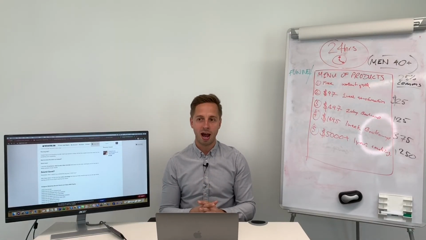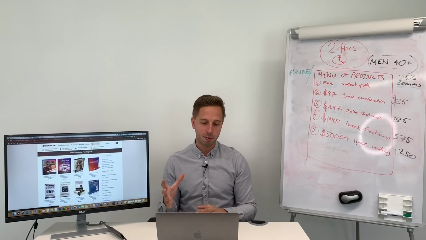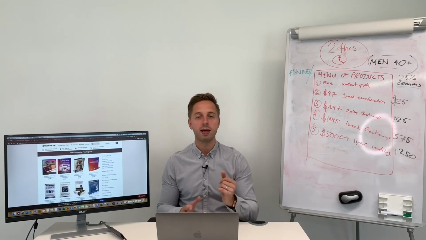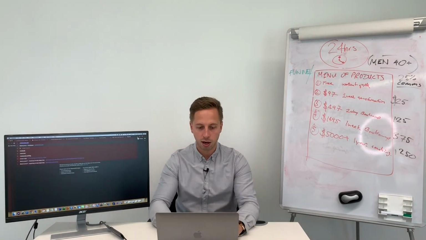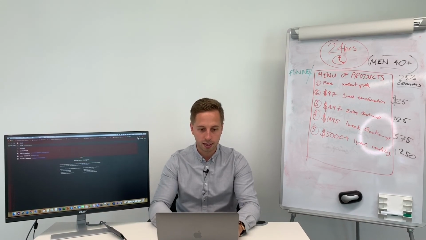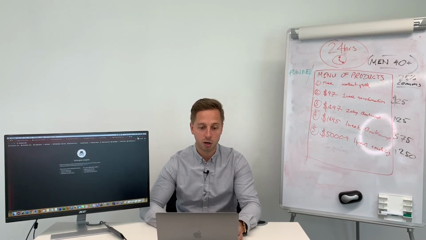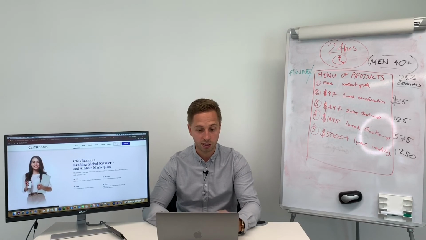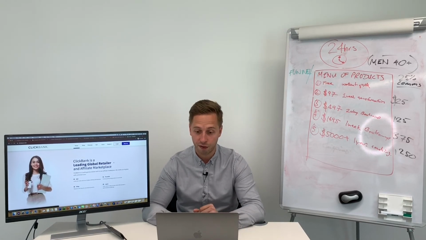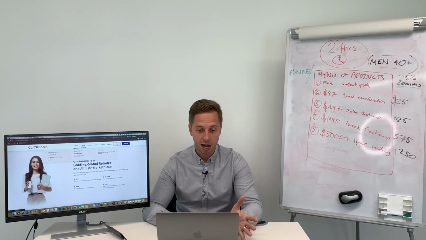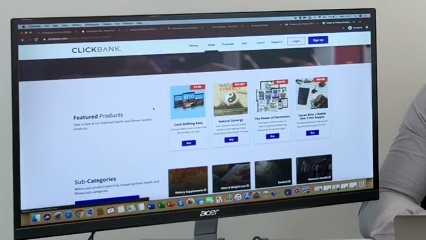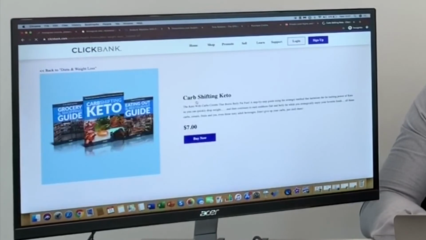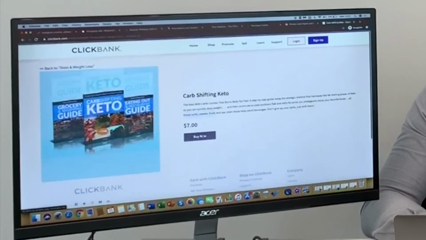So if you don't have your own ideas and you want to find a product to sell, cool, do it this way. If you want to sell other people's products, okay, let's go to the likes of ClickBank and have a look at what they've got on offer. Okay, so look, ClickBank, register yourself for a free account and have a look at what they've got. So let's have a look at health and fitness products. So we've got keto. Let's have a look. $7. Okay, this is a shop.